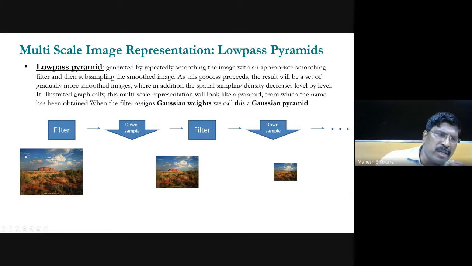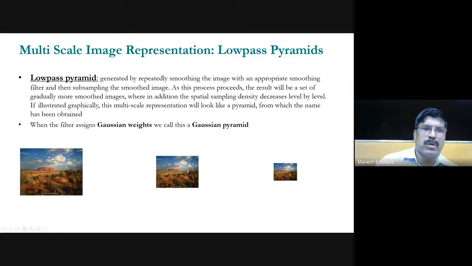Now this can also be done by using simple low pass filtering, like a Gaussian pyramid and so on. So what you're doing, you have the image like this, do the low pass filtering of that, do the downsampling of that, you get this image. Again, this is filtered and then downsampled and so on. Like that way you can represent this image with multiple scales. You can go up to what? Up to a 1 by 1 point you can go. For this filter you are using the Gaussian filter, and then downsampling by alternate samples, by 2, you can do it, and so you can represent this image as a low pass pyramid. So when the filter is Gaussian based, it is called the Gaussian pyramid. So this is called the Gaussian pyramid representation of the image.